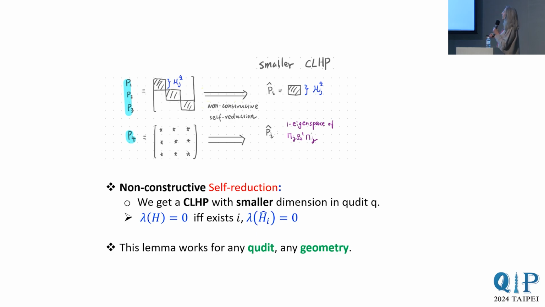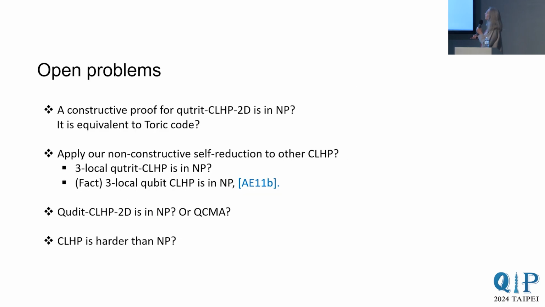All right, so let me just mention a few open problems. Our result for Q-trits is non-constructive. So one question is, can we make it constructive? It's not clear that the ground states have this nice stabilizer structure as they do in the qubit case. So that might be considerably more complex to do. And